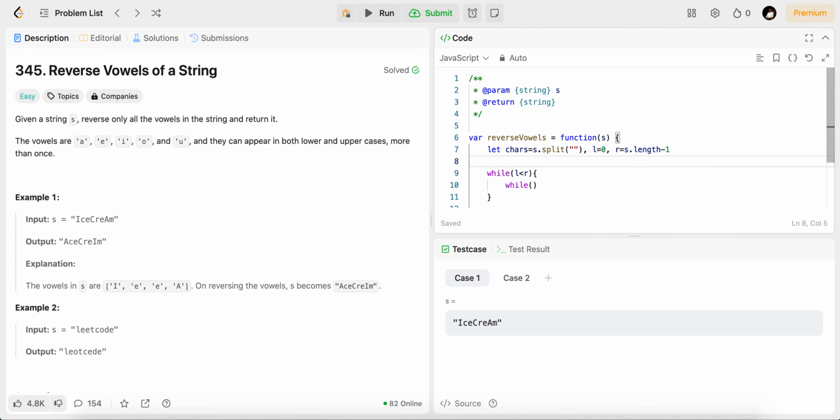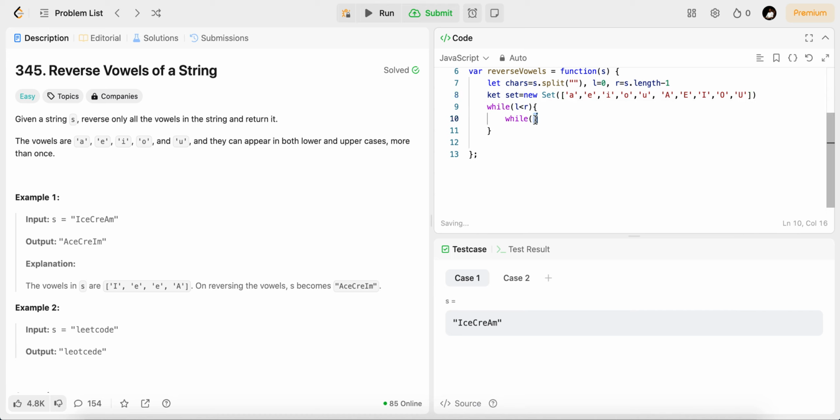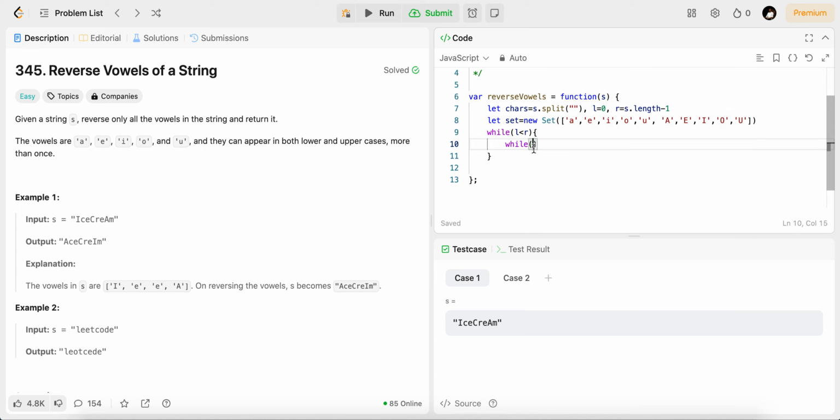For this we can use a variable, let set equal to new Set, and we have to provide all the possible values over there: a, e, i, o, u, and then again we have to do it for the capital letters as well: A, E, I, O, U. Okay, and now we have to check if not set.has